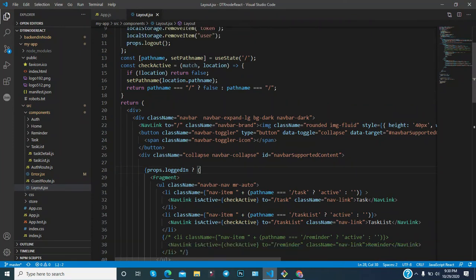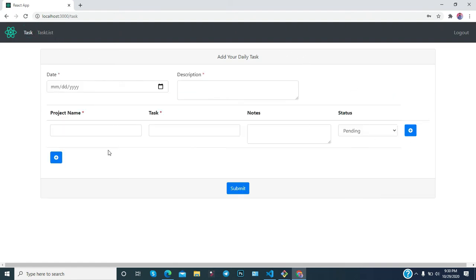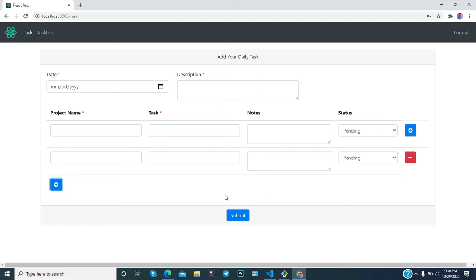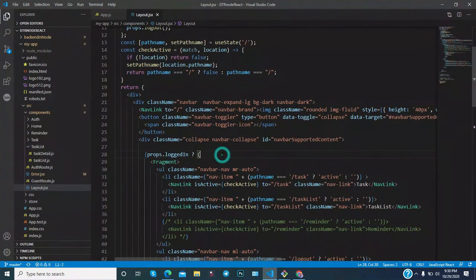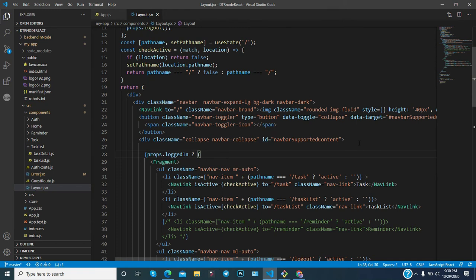My focus area is to explain how to build your application, what the approach is, how you will build this type of dynamic form, all this stuff, so I am briefly explaining the thing. Okay, so you understand what it is.